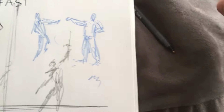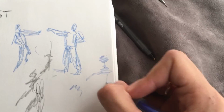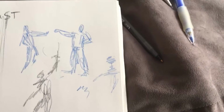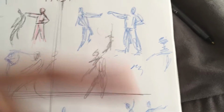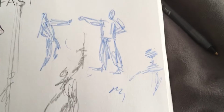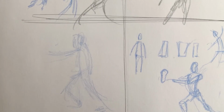Then we've got the messy kind where it's scribble, putting a lot of scribbles down. You could even do it like this if you wanted to. I don't think that's the best way. Actually, I'm making stuff up while I'm here. But the point is to be free and to just experiment and really let loose on these. So we've got the fast scribbles, and we've got the slow,